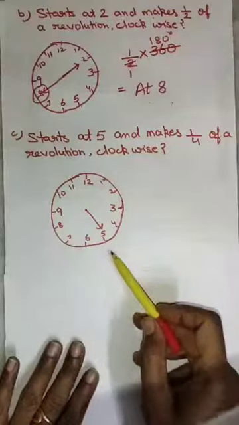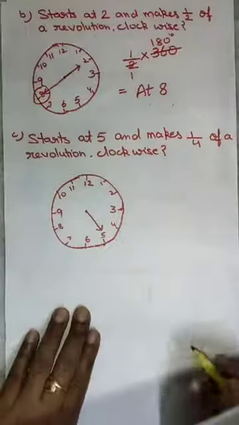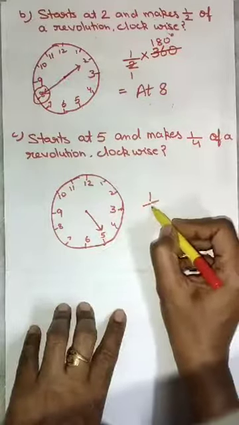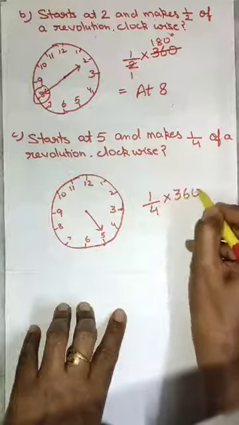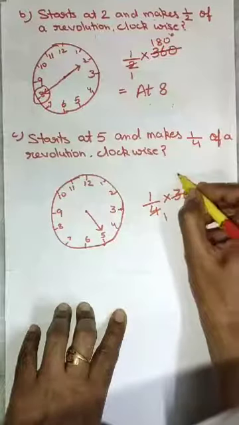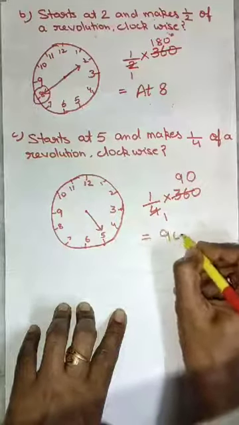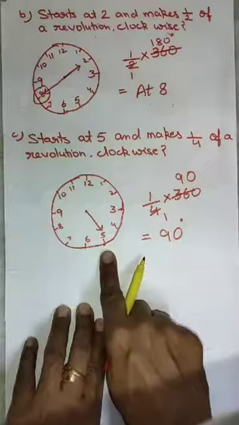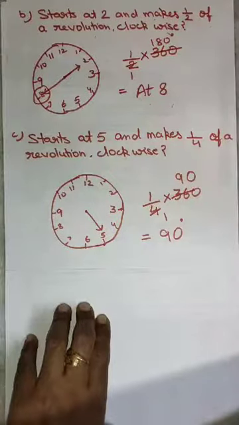See, it starts at 5 and makes 1/4 of a revolution clockwise. Let us convert 1/4, this is a fraction, into 360 degree. 4 ones are 4, 4 nines are 36 and 0. That means it is 90 degree. It means that if it starts from 5 and covers 1/4 of a revolution, it is making a 90 degree angle,